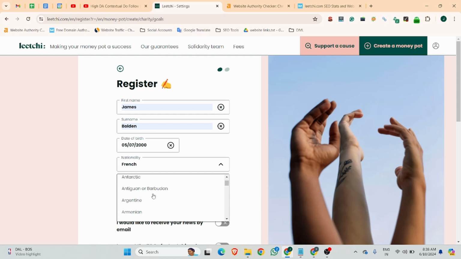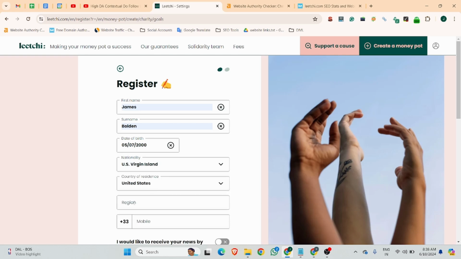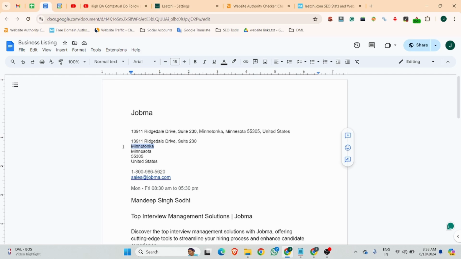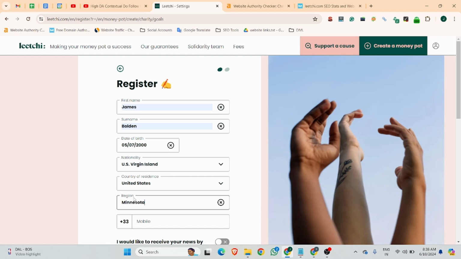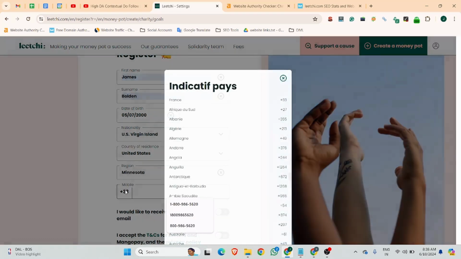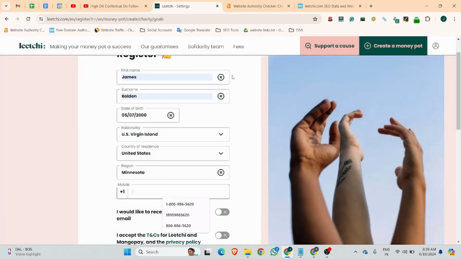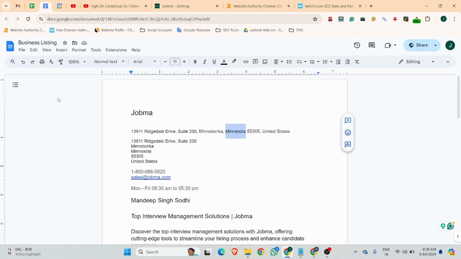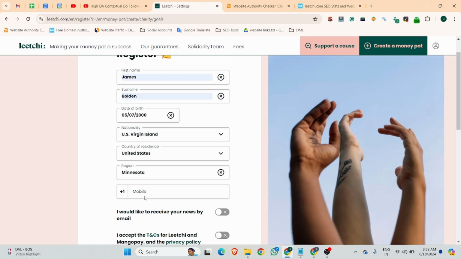I guess there is no option for the USA, United States, so let me select Canadian, and add this.